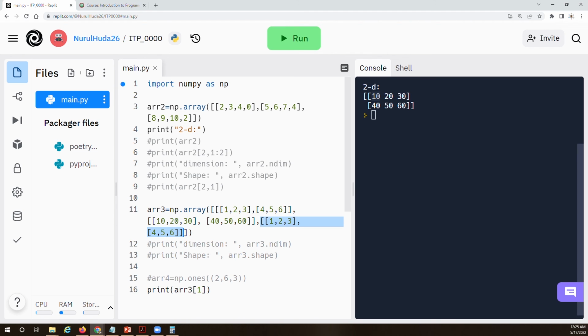So I can go 0, 1 and 2. Okay, so this will give the last one. Let me change them to 1 1 and 2 2, 3 3, 4 4, 5 5 and 6 6, so it's easy to distinguish. Okay, now I'm printing the page index 2, so the third page. All right,